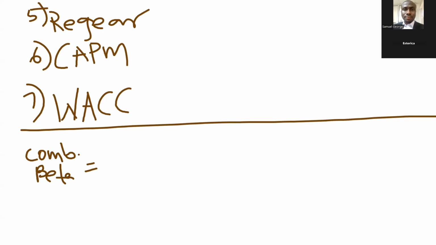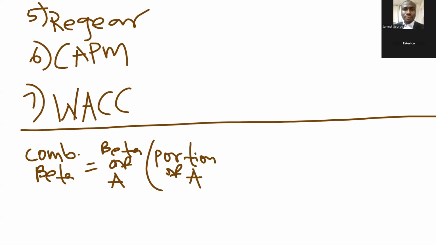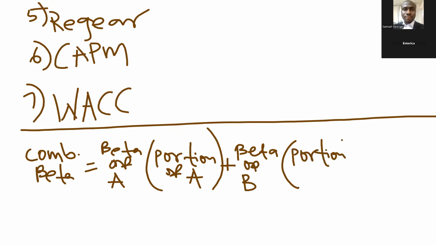Combined beta is equal to beta of activity A times portion of activity A, plus beta of activity B times portion of B, plus